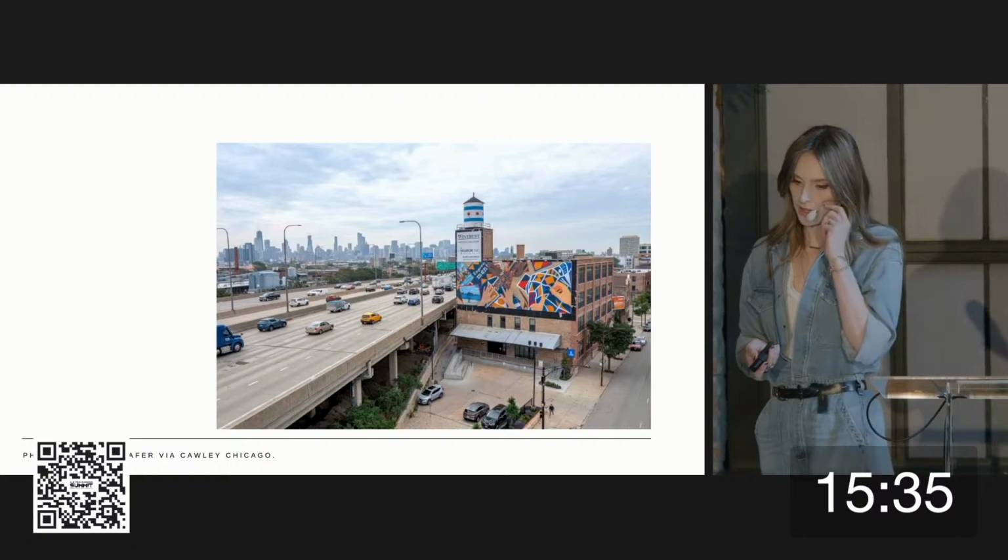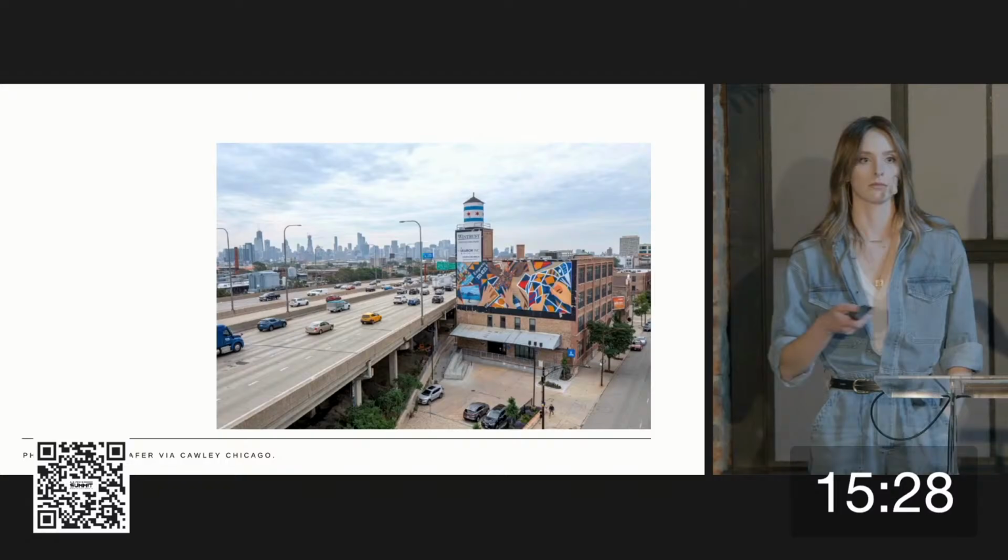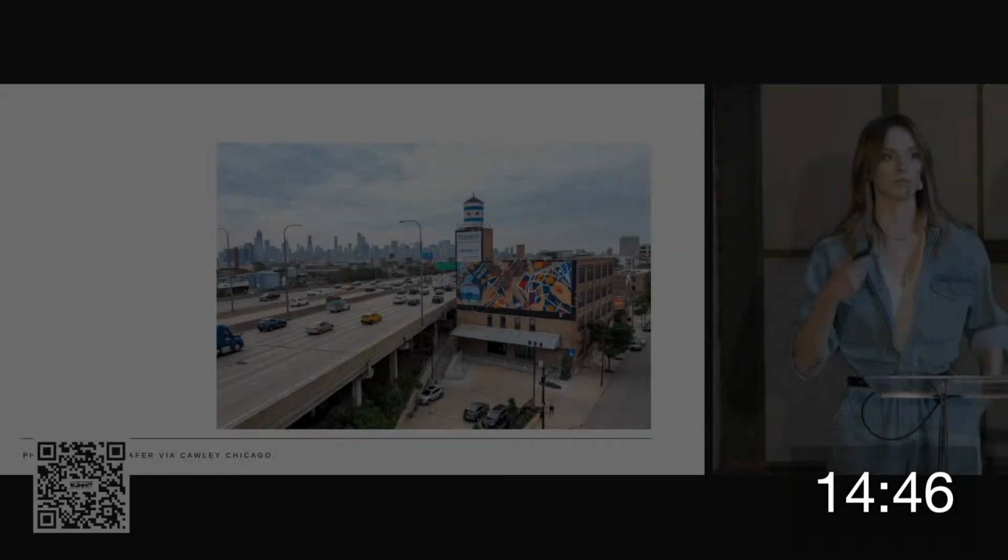Now this is a view that you would not see, that you could not see because this is taken